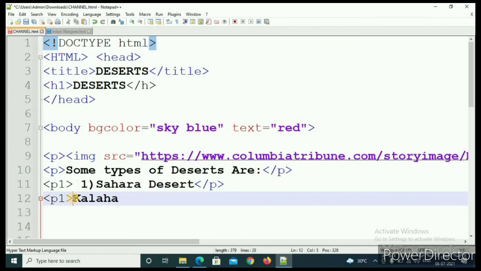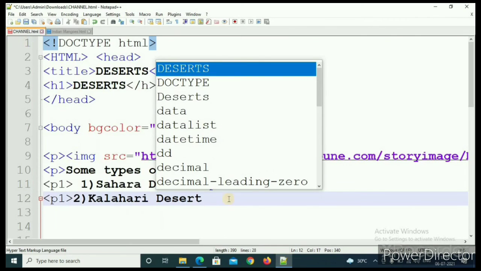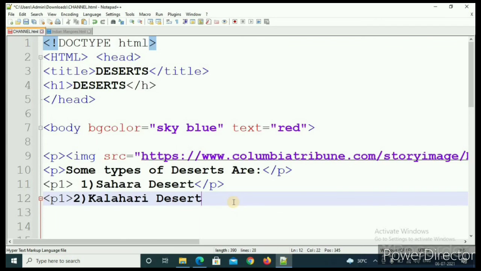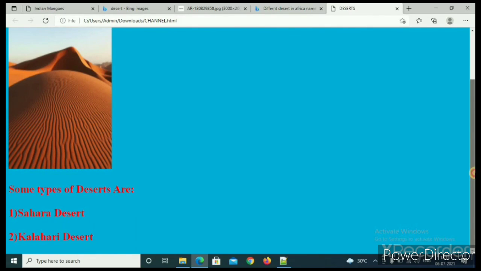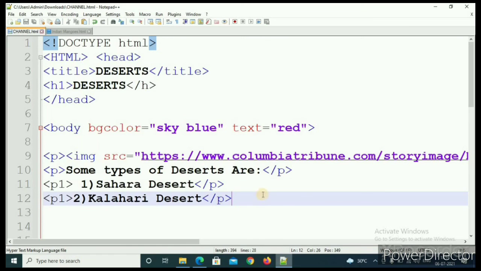It means the format, not the name, the format. Kalahari Desert. Then I will press again this one. Yeah. Then I will press Ctrl plus S, and then I will go to here. Then as you can see, it is added.